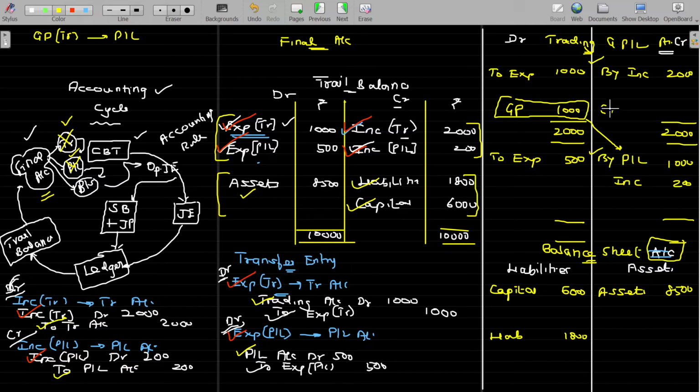As it is a credit balance, that should be now transferred, means it should be debited. So GP account is debited to P&L account. So by passing this entry, we can transfer the GP of trading account to profit and loss